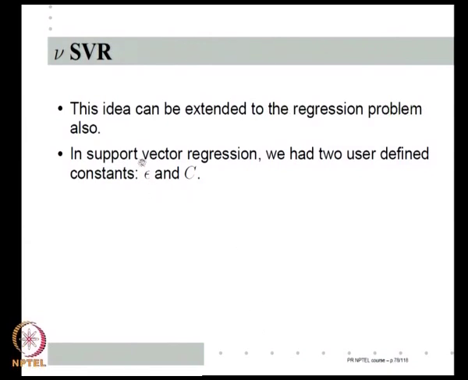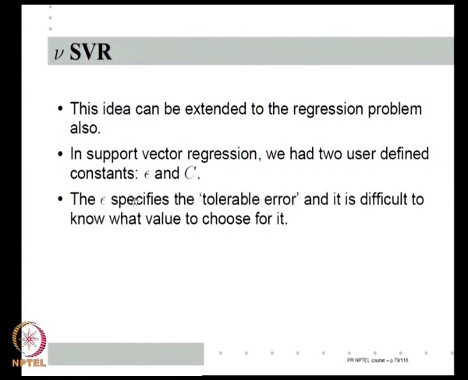So, to make a good guess on epsilon on this problem: if I put epsilon very large, then useless predictions will come. On the other hand, if I put epsilon very small, I may not be able to find a nice function which predicts to that level of accuracy. Because up to epsilon the loss function gives me 0 loss, I should use epsilon very intelligently. And once again, like the C there, here the C is not the real issue, the epsilon is the one that is telling me how I am trading accuracy, and I have no guidelines. Epsilon specifies the tolerable error, and it is once again difficult to know for this data set what is a